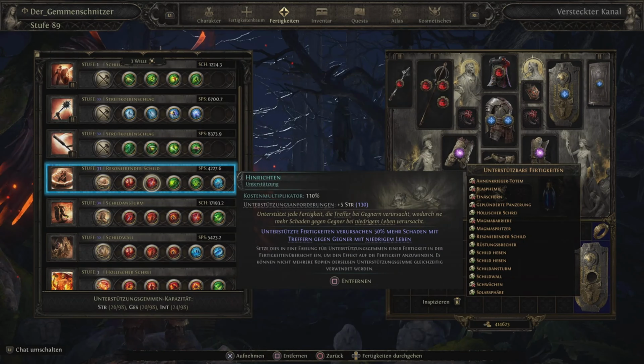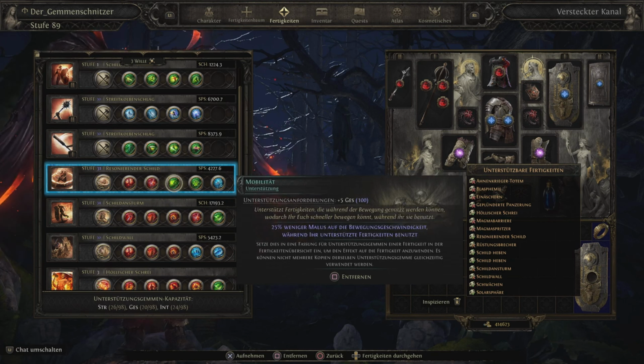Then obviously we play the Deepest Tower, so we play Execute, I think it's called. I'm uncertain, but it's the support gem where you deal 50% more damage against low life enemies, that's a huge damage buff. That's why we can actually walk through the map with Resonating Shield. Then mobility for some movement speed. I'm uncertain, we might not use it because...